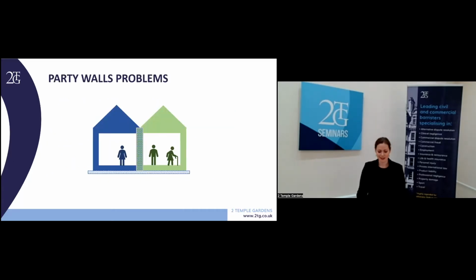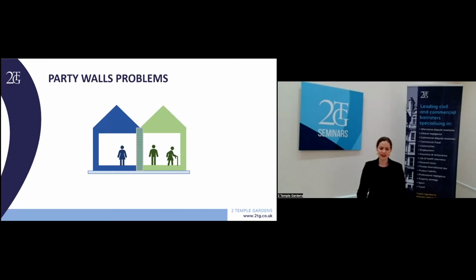But first things first, why is there a Party Walls Act at all? Now, as we all know, English common law, as it relates to land, has very deep roots, and much of it developed before the advent of widespread urban living. For that reason, the common law rules have the potential to cause all sorts of problems when they run up against the realities of modern living.